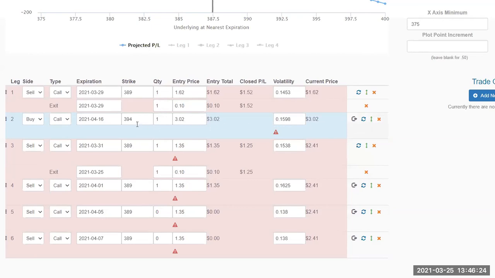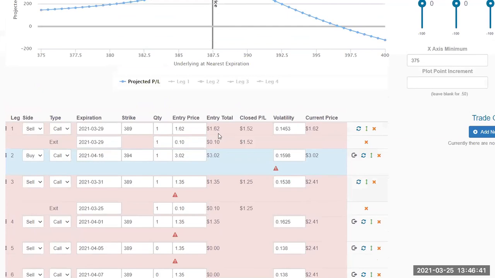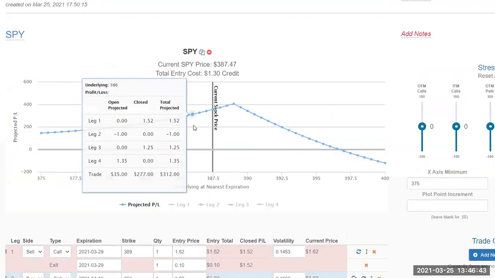Now I'm not going to do that because the price will move, and at some point I'll get out of the whole thing and restructure it. And at some point, this 394 begins to lose value at a faster pace, and so I would want to restructure it anyway. And so I might get 3 or 4 or 5 iterations down the road, bank a $200 or $300 profit, and restructure it based on where the market is at, and go further out with the long, and start the whole process over again.